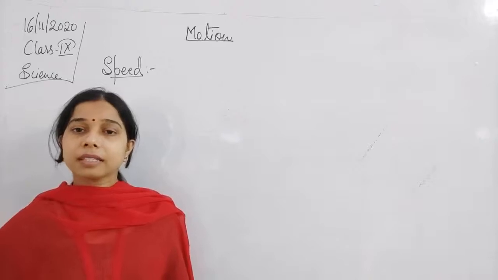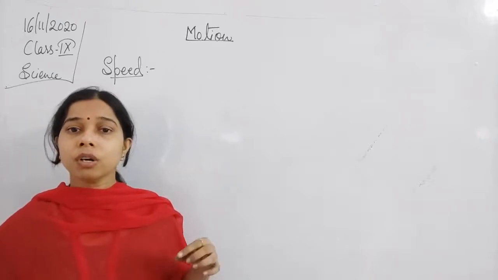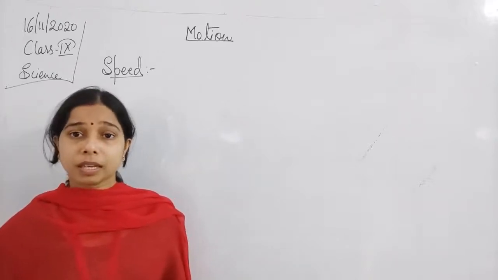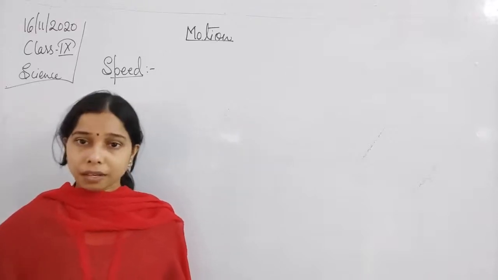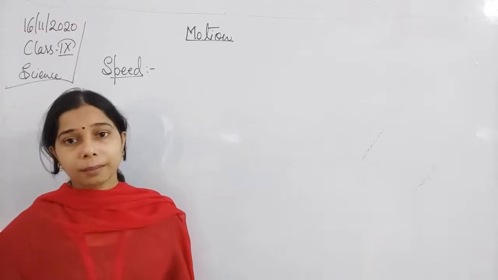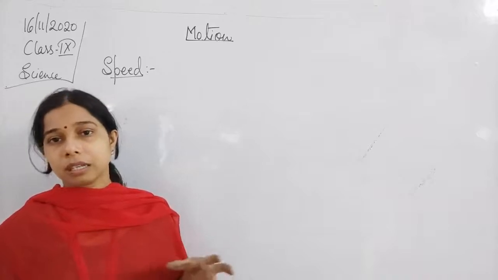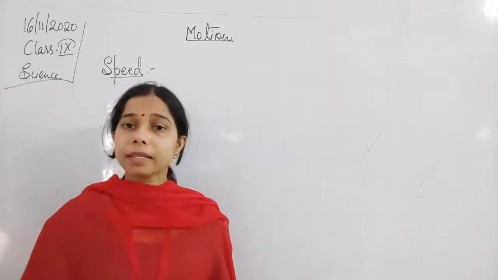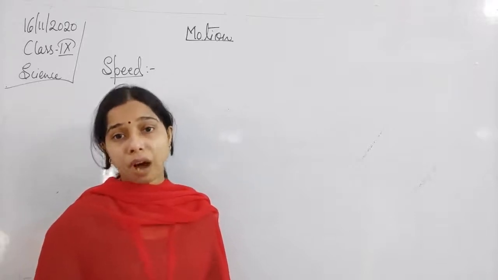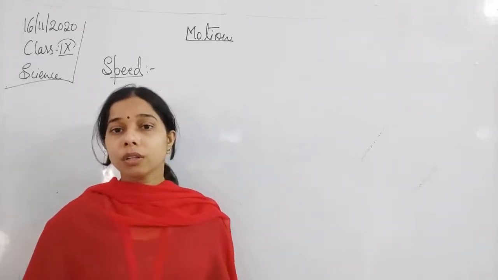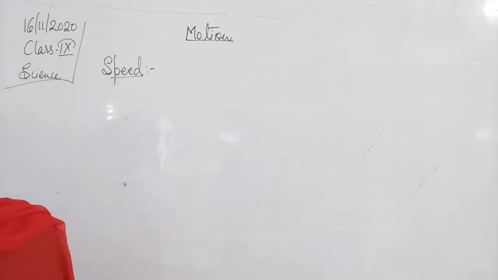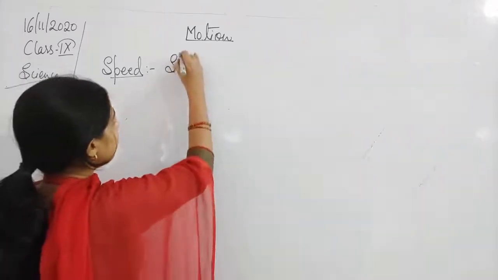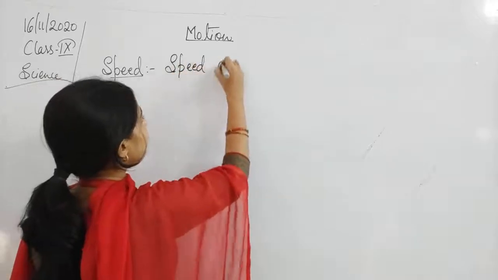If it is taking less time to cover more distance, we will say that it is moving fast. And if it is taking more time to cover a distance, then we will say that it is moving slow. So speed basically tells how fast or how slow the object is moving. So we can say that the first thing is that speed gives an idea